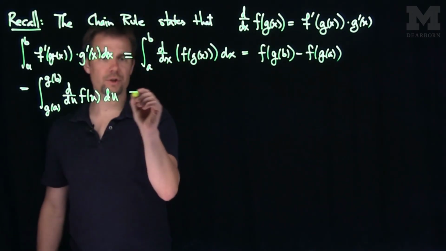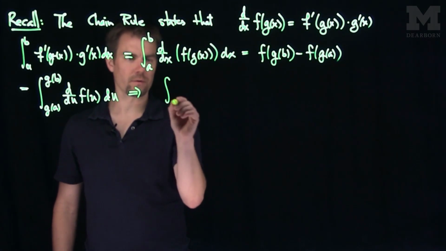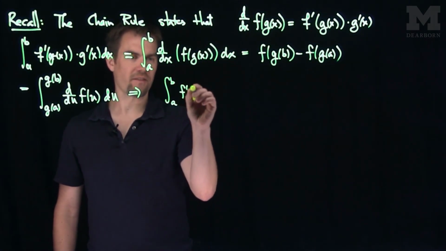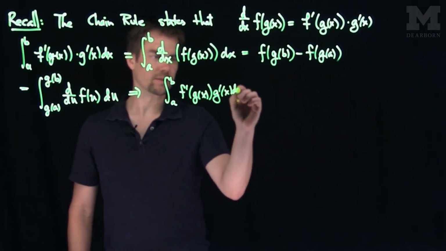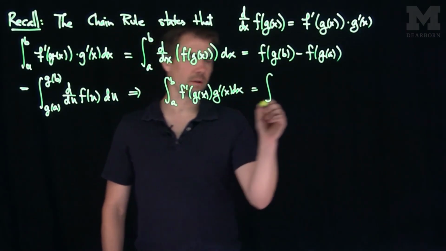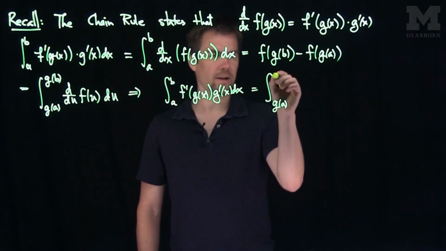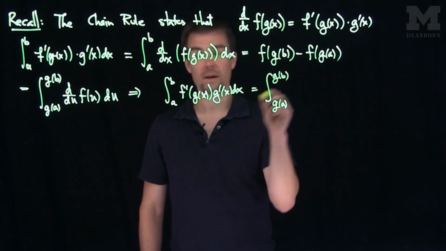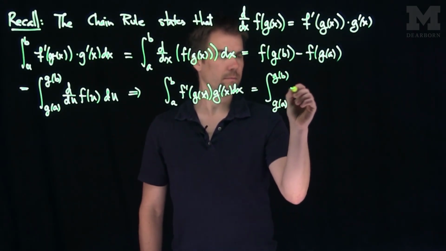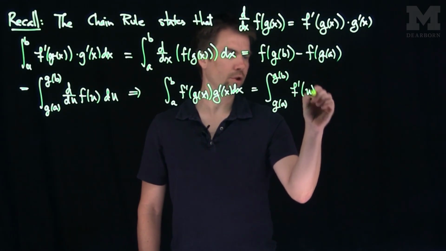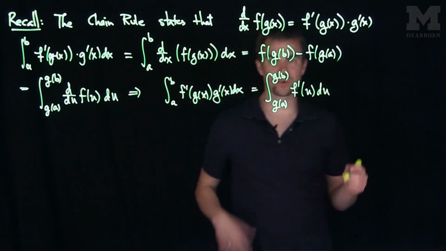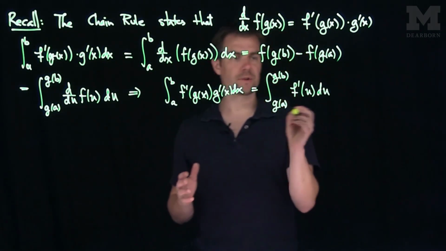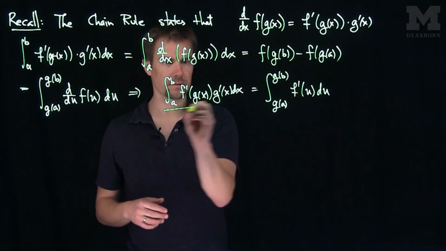So we get the following relationship for u-substitutions. We get that the integral from a to b of f prime of g of x, g prime of x dx is the integral from g of a to g of b of f prime of u du, and we call this a u-substitution. So what's happening over here is, if we have an integral that looks like this,